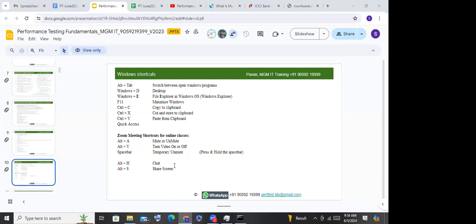So this is about the Zoom meeting, and Alt-H would actually open chat. Okay. And Alt-S is share screen. All right. Clear about this, guys? So these are some of the Windows shortcuts. Guys,